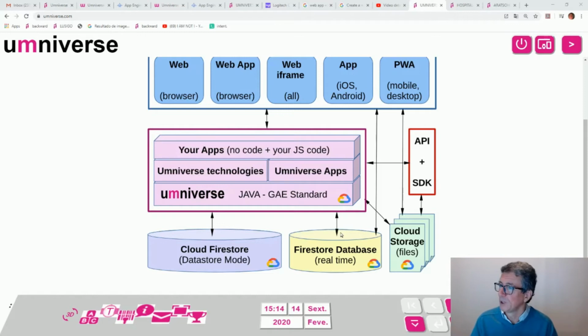So for the main storage layer, we use three Google technologies: Cloud Firestore in Datastore mode, Firestore database in real-time mode, which is real-time inherent, and